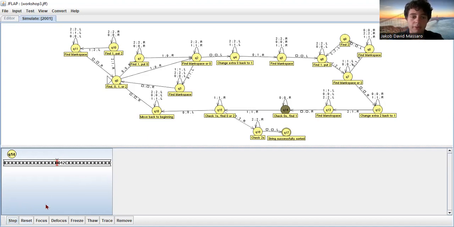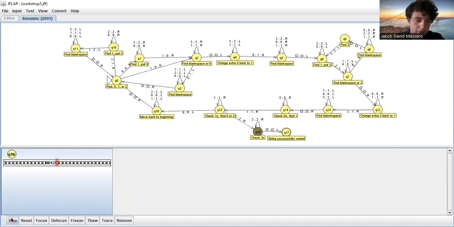And then now we're at the point where we're going to check to make sure that the string is correct. So we're going to make sure our 0s are in order and nothing's intermingled with our 0s. Then we hit a 1 next. We've got to make sure that there's no 0s intermingled within our 1s. So we should expect to find a 2 next if our string is correct. We do